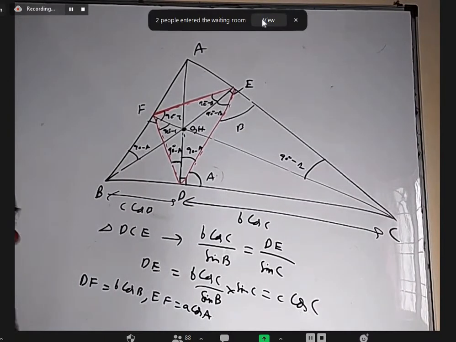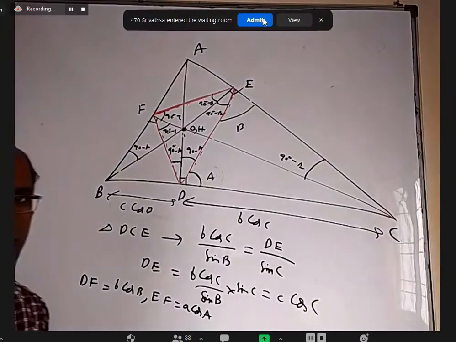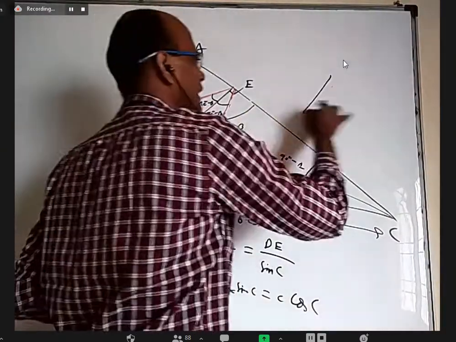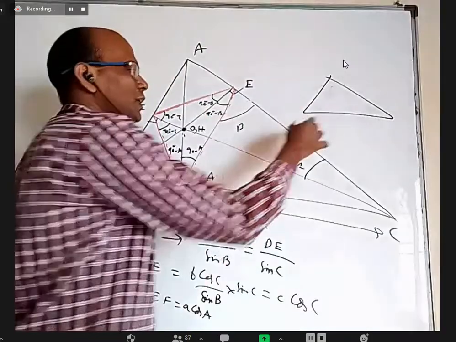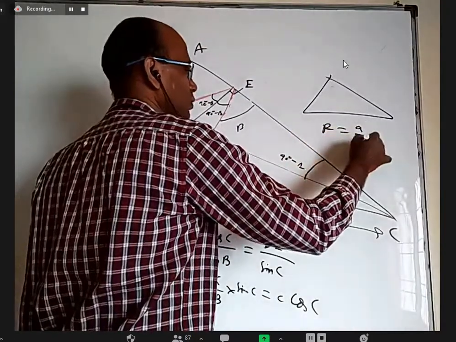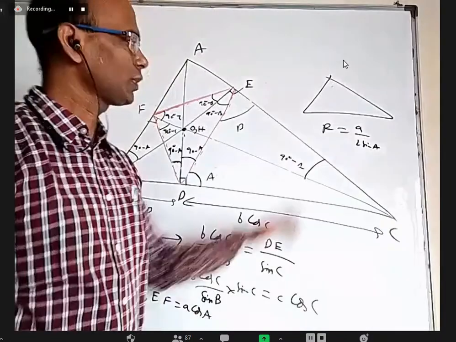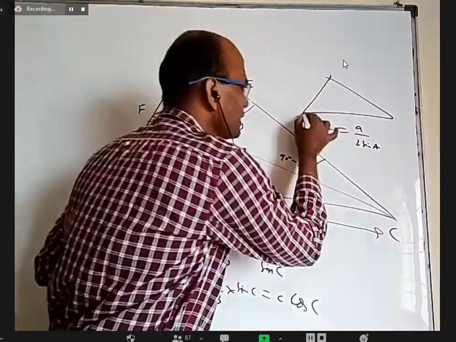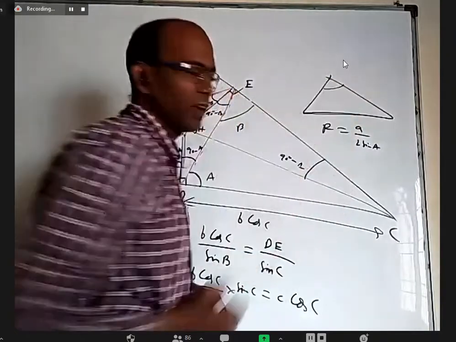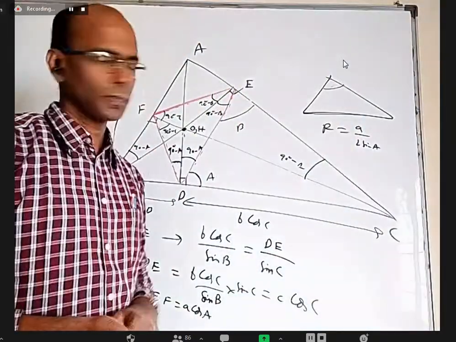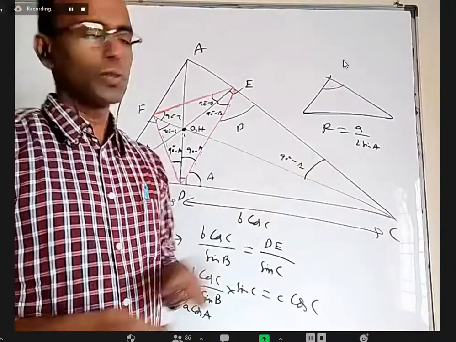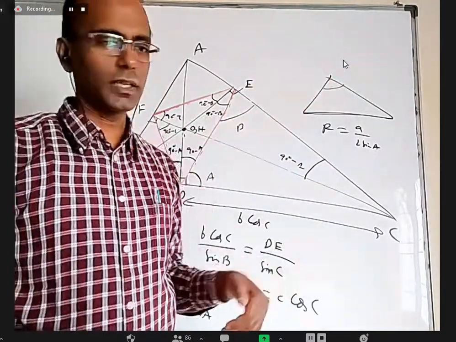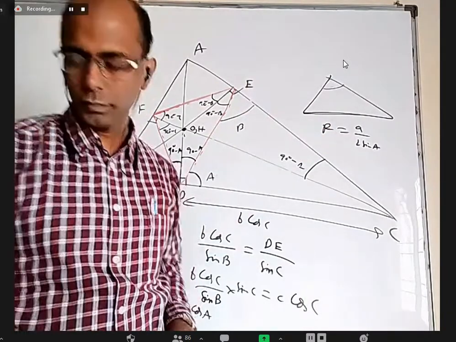Okay. So here comes, I told you right in the beginning, a sine rule that we'll use later on. What is that I said? You take any triangle, if you want the circumradius, you can use this formula R equal to a by 2 sin A. We know a equal to 2R sin A, you can write like this. Basically, what does it mean? This length by 2 times sine of the opposite angle. That's what after all this means, no? You can take any side length by 2 times sine of the opposite angle, you will get the circumradius of the triangle.